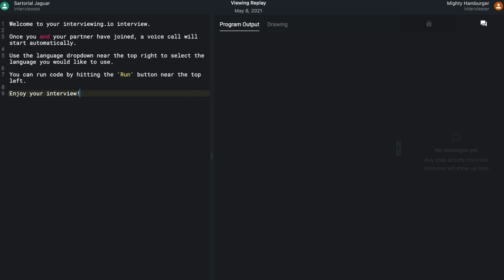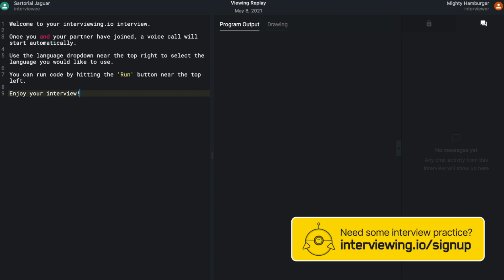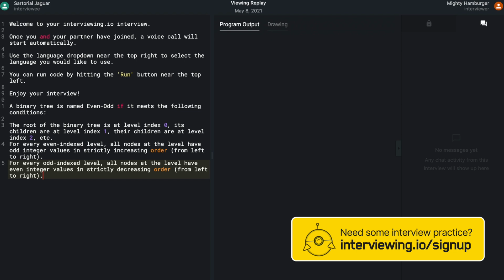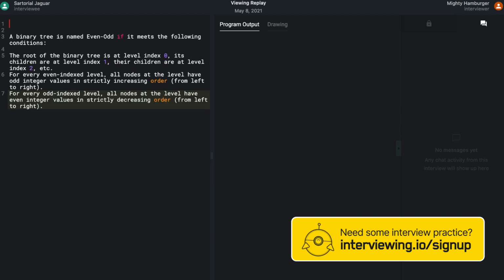For example, if you're given the root, that's only one value, so that's fine. But let's say you have a bunch of children, and on the second level one has a child of 3, and then it goes to 7 and then 9. That's strictly increasing, so it's valid. And then the same thing for the odd index levels, sorry. All the values at that level have to be even and they're strictly decreasing. I will type out the exact parameters here for you because it's a mouthful, but hopefully you can understand.